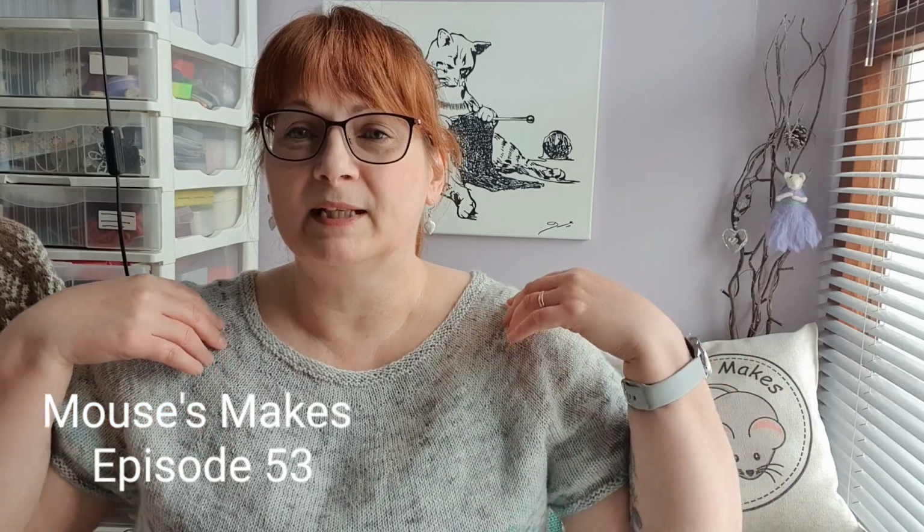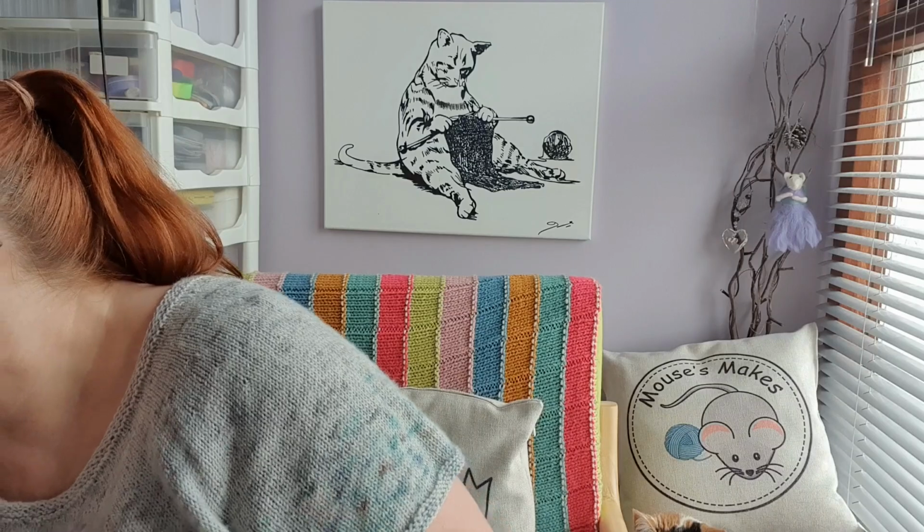I'll have to have a look at the numbers just to make the top a little bit snugger, and then increase out to the same amount for the rest of it, because the rest of it fits quite nicely. But as you can see, the arm size is a little bit low, and it's inclined to fall off my shoulder. So I'd like to just make this upper bust bit a little bit closer, I think. I will link the pattern below. I will write that down so that I don't forget,